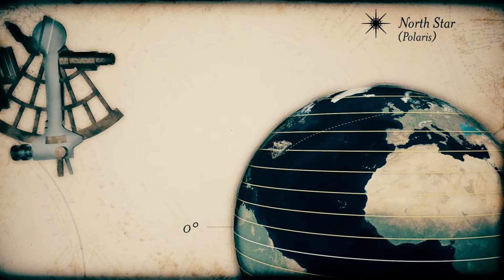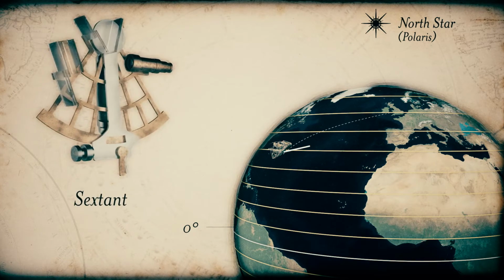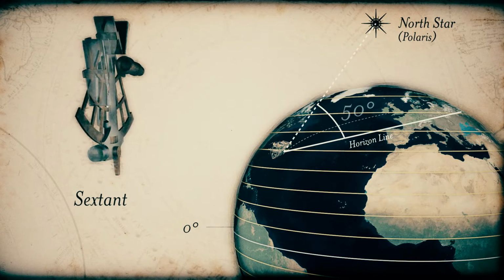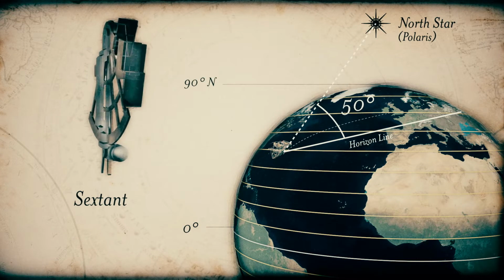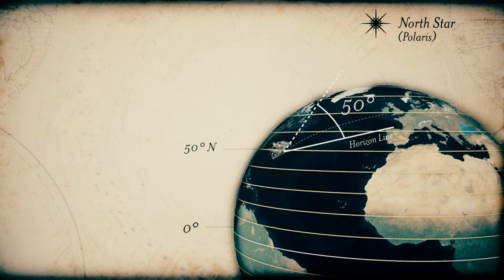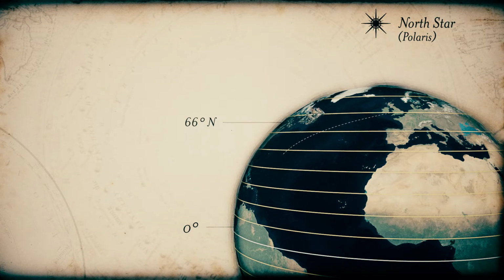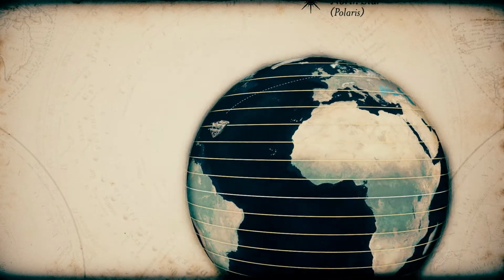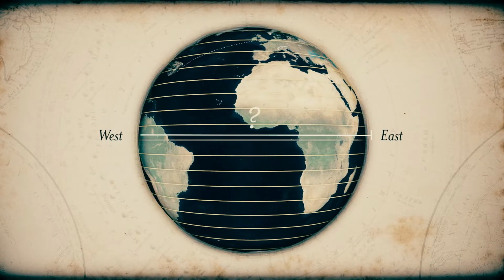With an instrument called a sextant, the sailing crew could measure the angle, and if it said, say, 50 degrees, that would mean their ship is located at 50 degrees north of the equator. Pretty cool, right? Using this method, the crew could know exactly how far they'd traveled north or south and keep perfectly positioned until they spotted land again. However, figuring out how far east or west the ship had traveled remained a big problem.